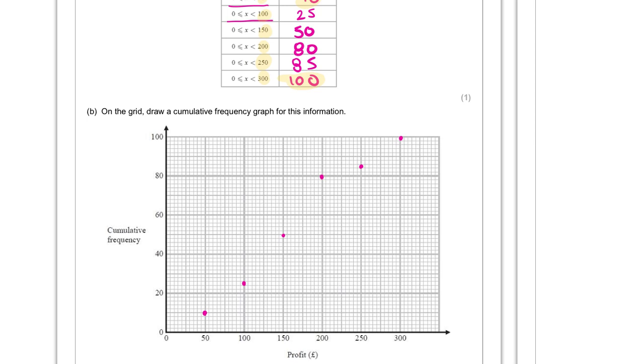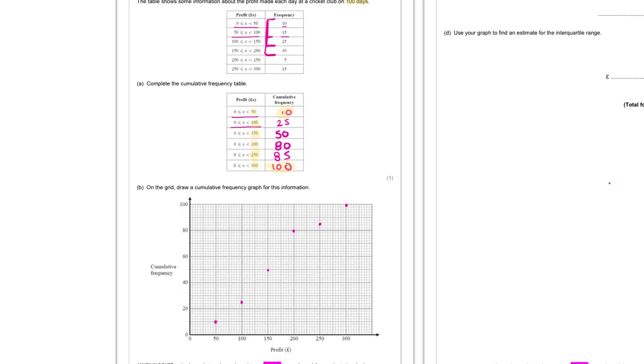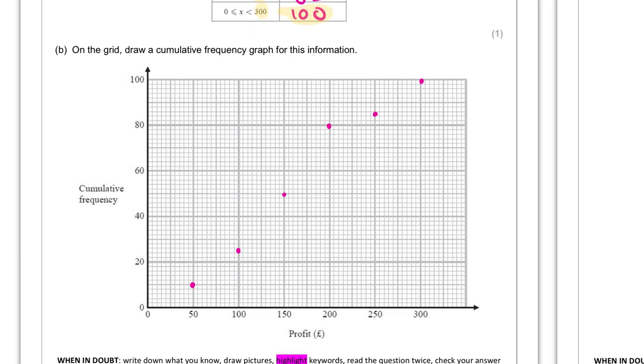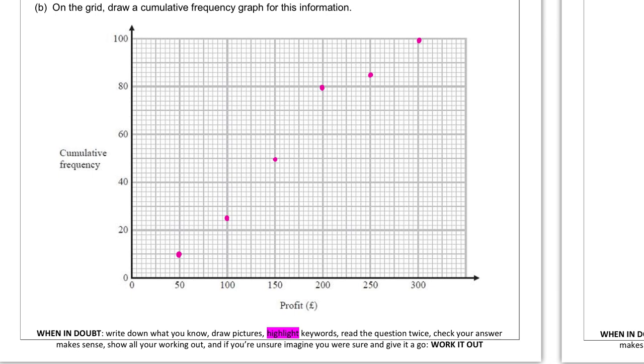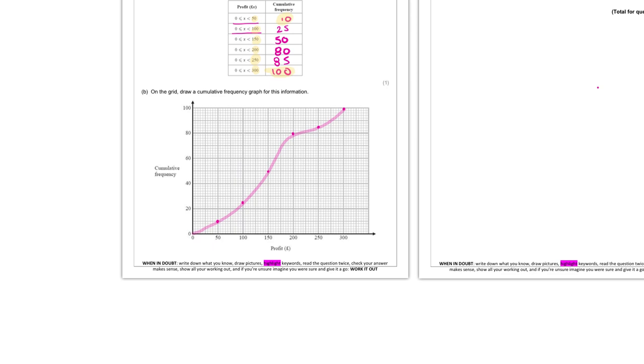Okay, so then I'm just going to use, so here we go. It's going to look a bit like this. You can start at 0 if you want. Make sure you go through all the points. Beautiful. Okay, now